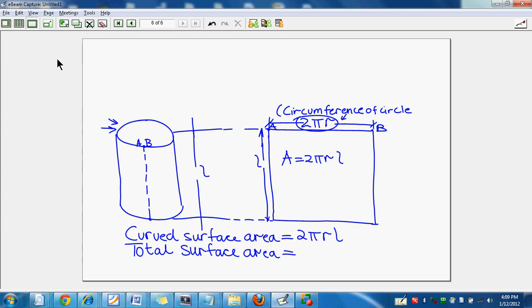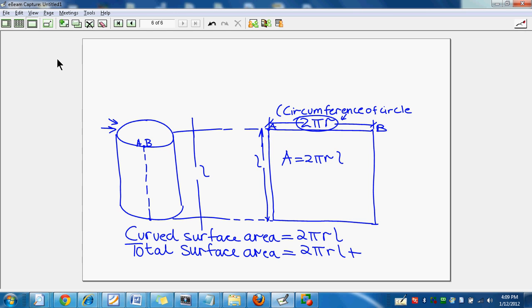And the total surface area would be dependent on if the cylinder is, first of all, open at both ends, then the total surface area will be the same as the curved surface area. If it is closed at one end, then we'll have to include the area of one of the circles. Let's say it was closed at the bottom, right? Like a waste paper basket, closed at the bottom, so when you throw the stuff in at the top, it wouldn't fall out the bottom. So we'd have to include, in addition to the curved surface area, 2 pi r L,